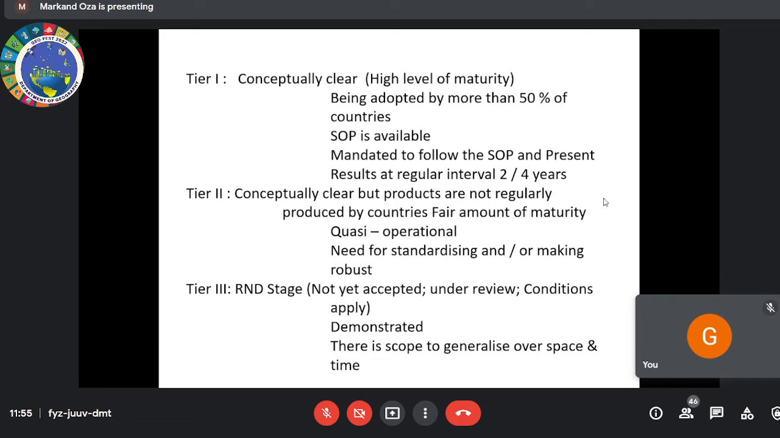Whereas tier 2 means they are quasi-operational. They have worked well somewhere, but they need to be scaled out so that more people and more countries can try and give feedback. The basic aim is to make a unified, standardized database so that long-term trend changes can be identified as well as the drivers of them can be decoded. Okay. Whereas tier 3 is slightly R&D stage, and they need to be demonstrated over space and time,